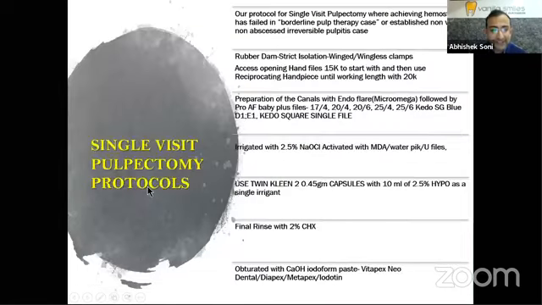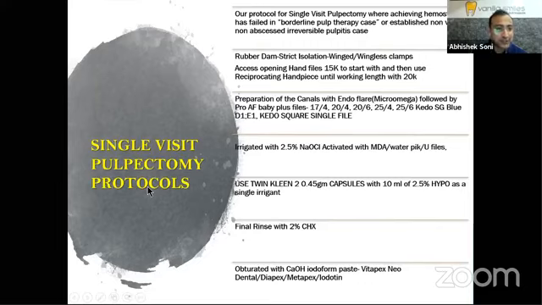So that's the single visit pulpectomy protocol, wherein we are following a hybrid technique. We start with a 15K file. We usually don't need the 10K files because the canals are already wide in a young primary molar. Once hand filed until a 20K file, we shift to our Endoflare, followed by our ProAF Baby series, which I like. Dr. Paul follows Kedo-SG Blue files.